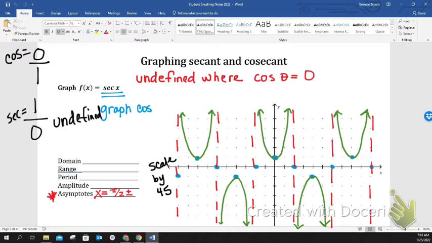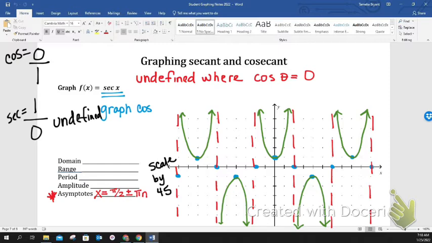So we have one at 90, and then our next one is at 270. What's the distance between 90 and 270? 180, right? And how do you write 180 in radians? Pi. So your asymptotes are, and I'm going to write that a little bit bigger because for